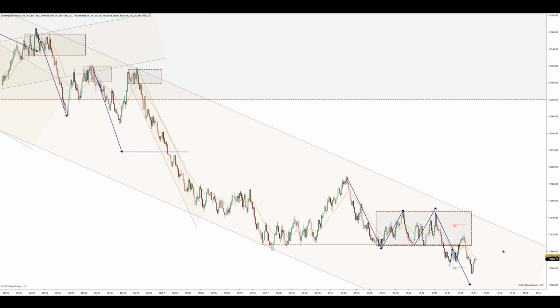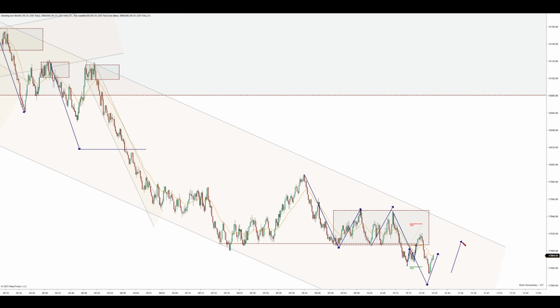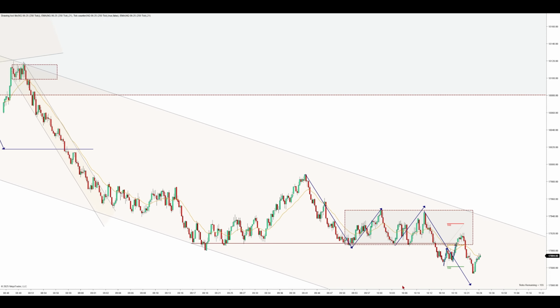Certainly not as a measured move trade, but more than likely, if we test down here, we could get something like this, 2 legs up, which could then push down into a smaller failed second entry, which can offer us another short opportunity. So anyway, I'm going to just remove all this. Just wanted to give a quick explanation of what could happen next, but I'm going to get back into focusing